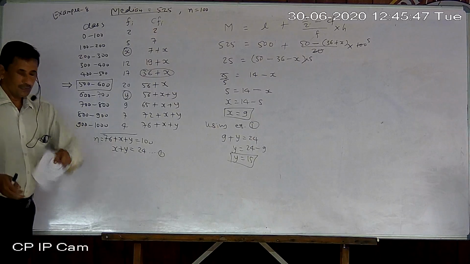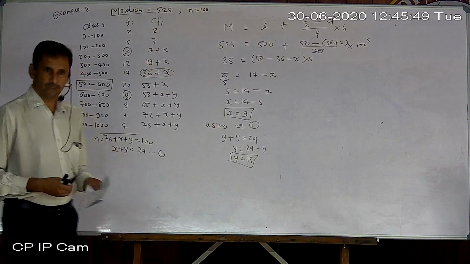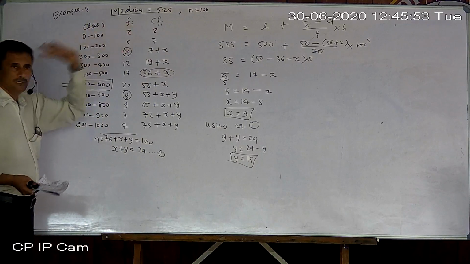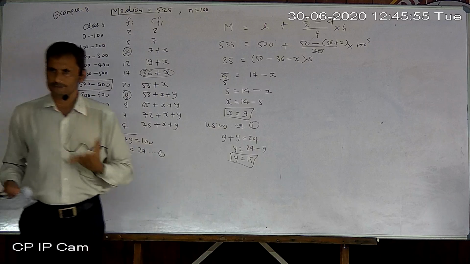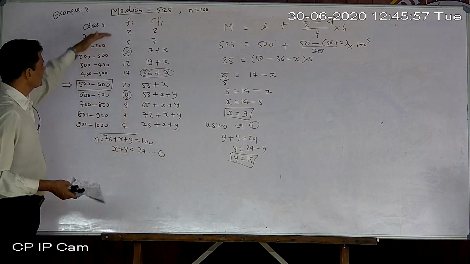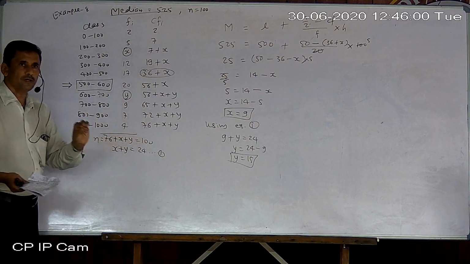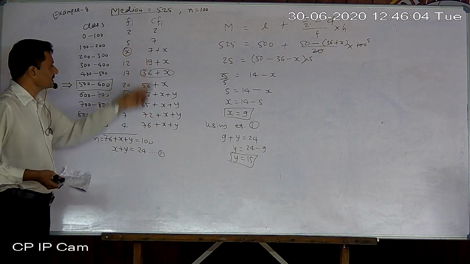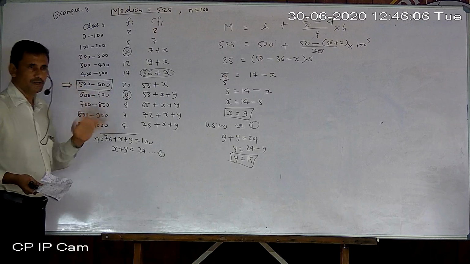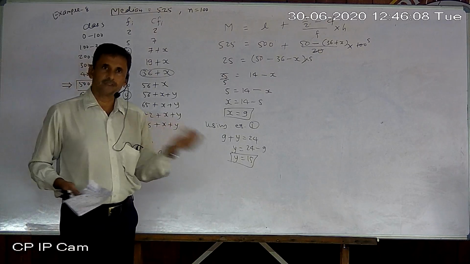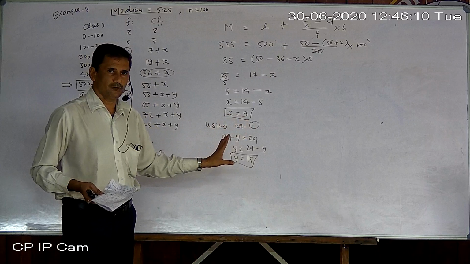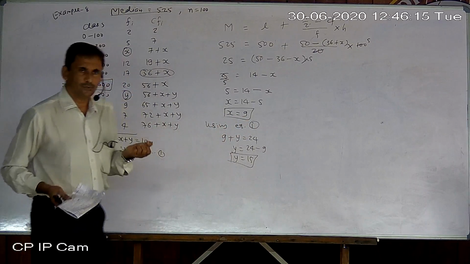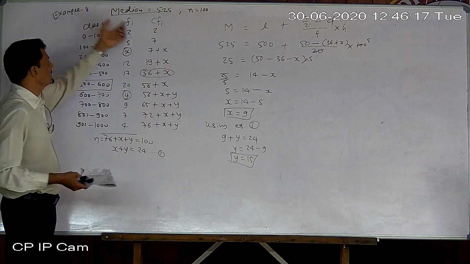Again, I revise it fast. Try to understand. Two missing frequencies, so two values are given. That is always. Now, just prepare all columns required for mean in the topic of median. So we prepare the CFI column also. Whether you are finding median or median is given, you are finding a missing frequency, in both types of sum, any type of sum, in the topic of median, 3 columns